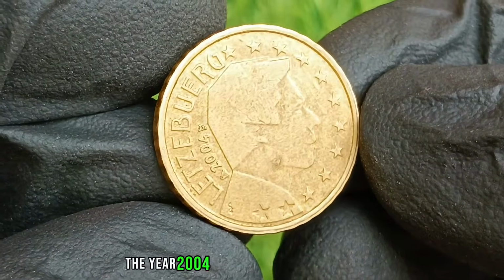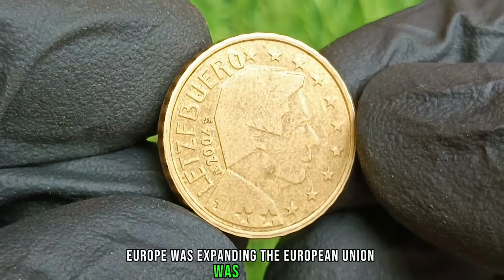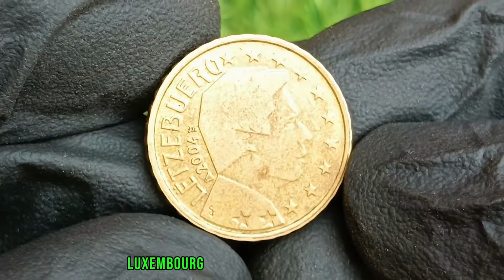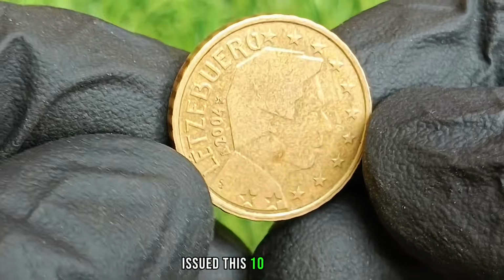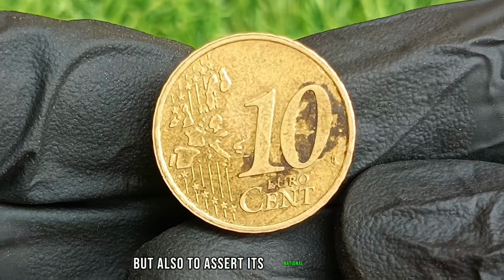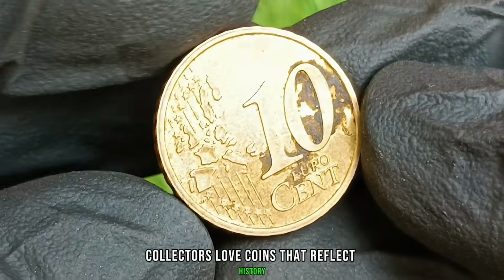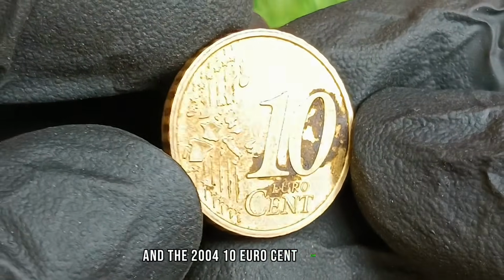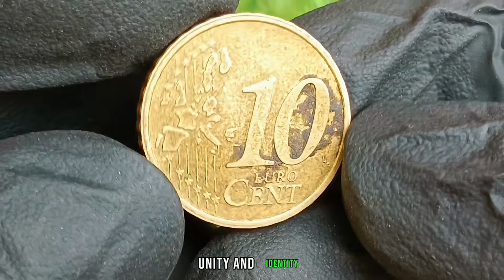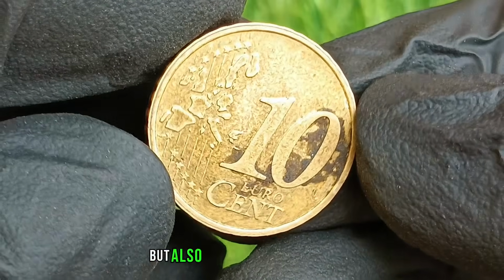The year 2004 itself has historical weight. Europe was expanding, the European Union was growing, and the euro currency was becoming a dominant economic force. Luxembourg, being at the heart of Europe, issued this 10-cent coin as part of its contribution to the shared currency, but also to assert its national identity with the portrait of the Grand Duke. Collectors love coins that reflect history, and the 2004 10 cent coin from Luxembourg tells a story of transition, unity, and identity. That story makes the coin valuable not just in terms of money, but also in terms of cultural